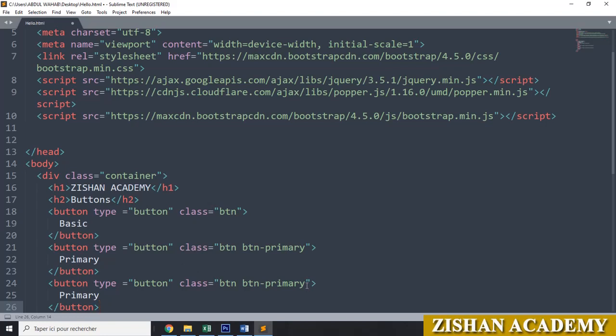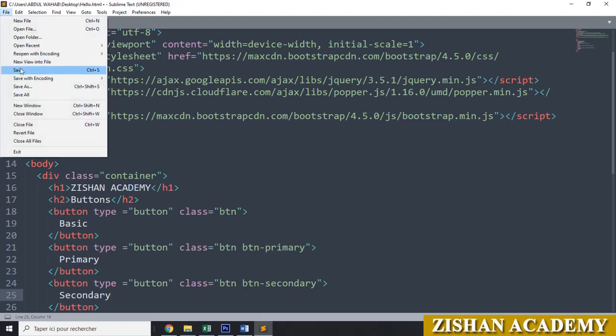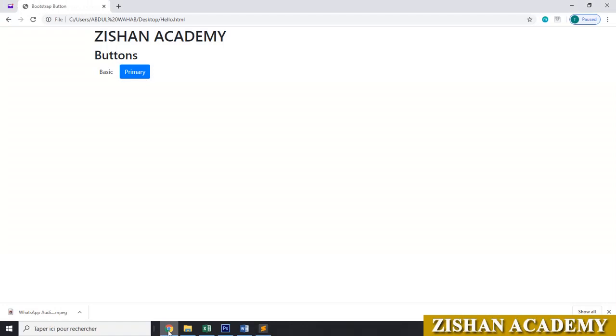We will go for the secondary button, that is the color secondary. Then you can go for file, save the file, go to the browser, refresh the browser. You can see we got another button. This is the another color secondary. Like this you can go for success, info, lot of things is there.